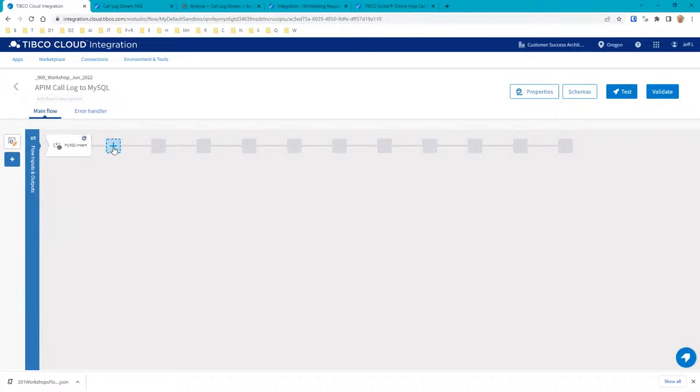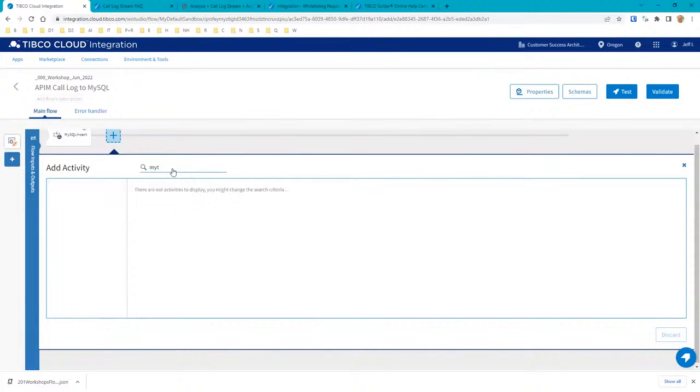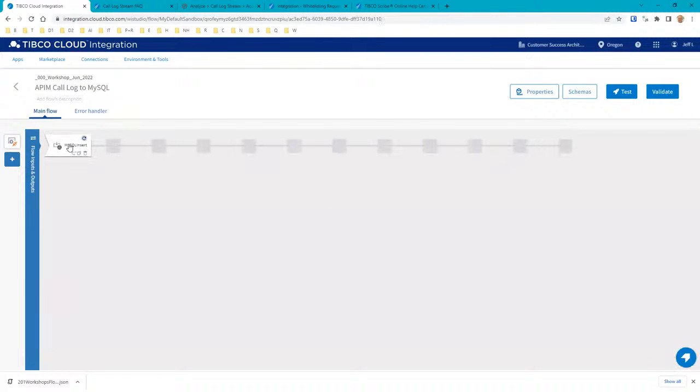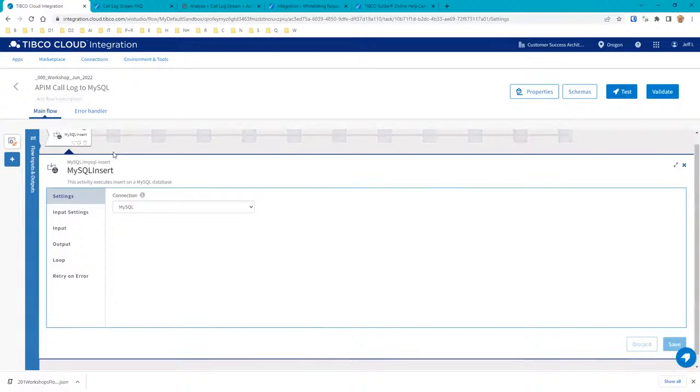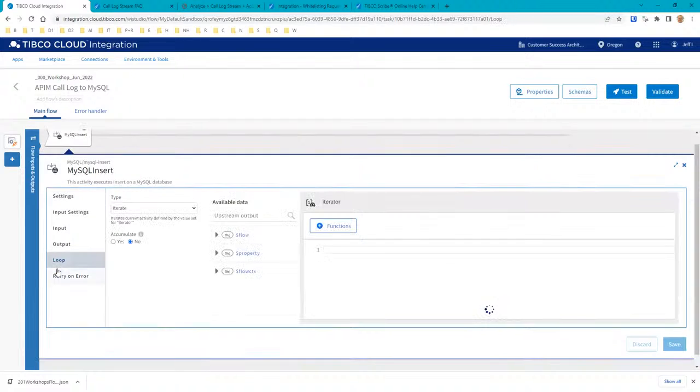So what does this look like? Well, how we do it here is we add an activity, add a MySQL insert activity, and then configure it as we'll see here. All right. So again, here's where the fact that we're expecting an incoming array where we're going to use our loop within Flogo comes in. So the first thing we do when we step into this activity is head over to the loop, make sure that the loop is looping through the correct